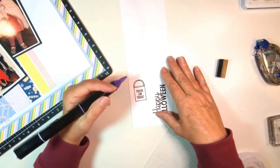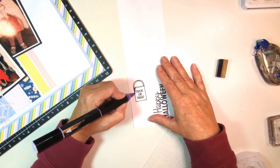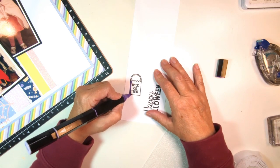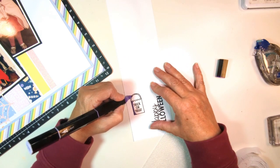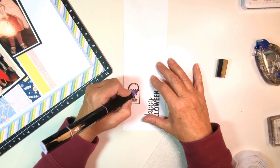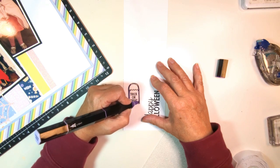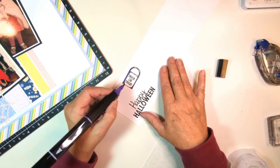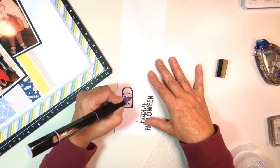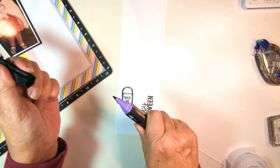So I want to start with the dark on the side here. I'm just going to kind of go like that, a little bit on the handle on both sides. Actually, I think I'm going to put the dark on both sides, and the light will be in the center. And we'll just kind of bring it around a little bit to the bottom, like so. Okay, let's fill that in a little bit more. Put our lid back on, of course. Let's go with the mid-range